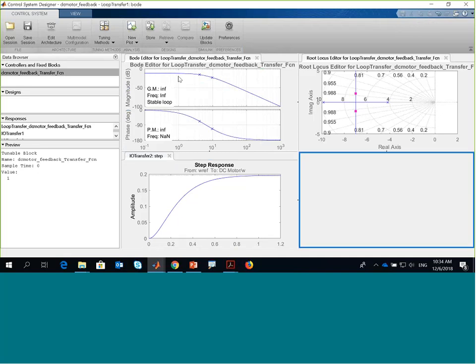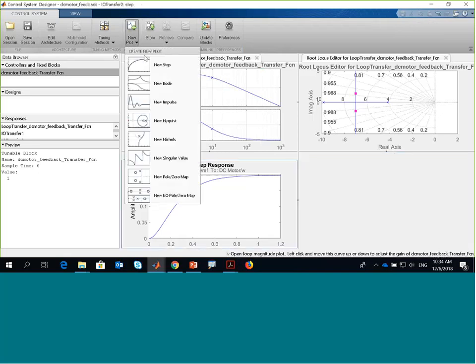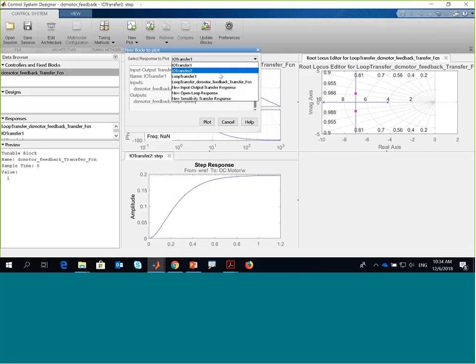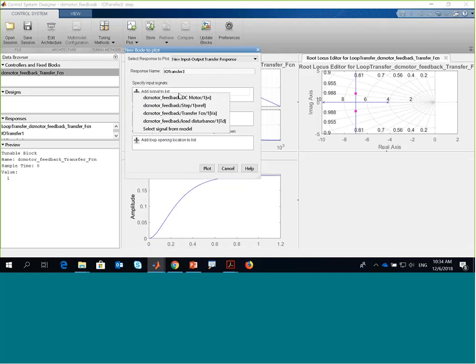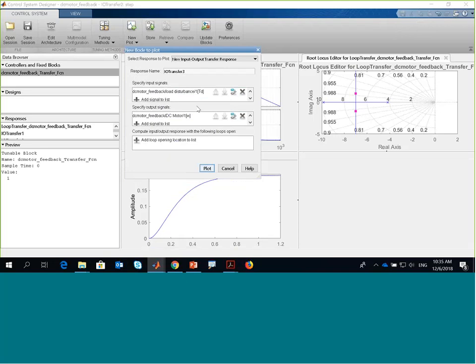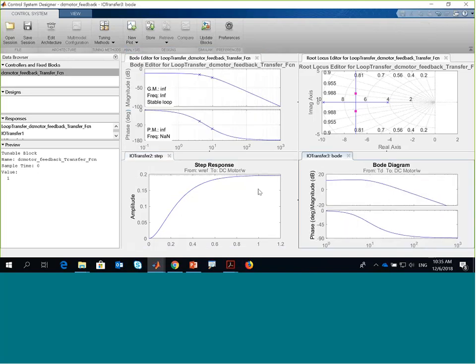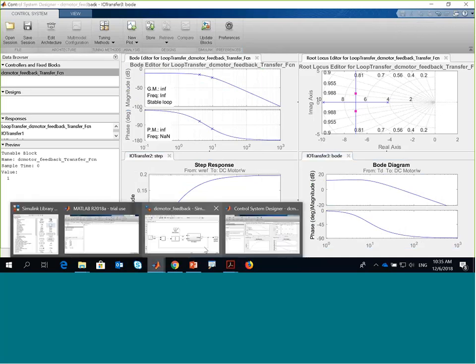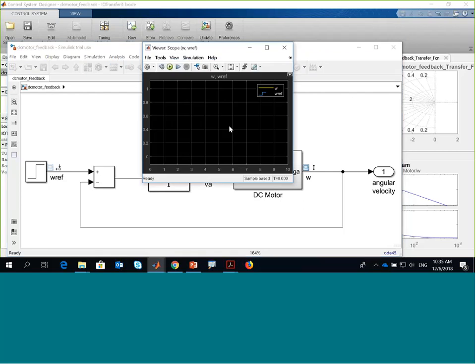Bode plot. Load disturbance input and the output w. Input, output. Okay, so this looks correct. So you can see that what we want from this model is we want it to go from